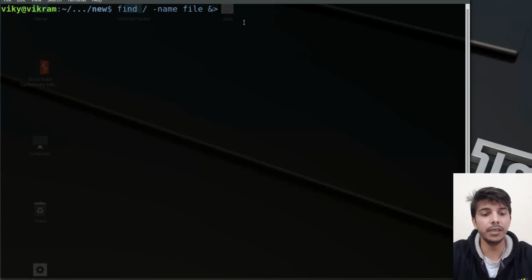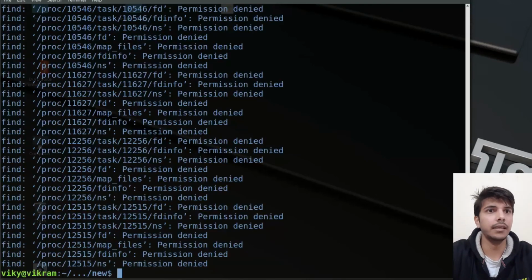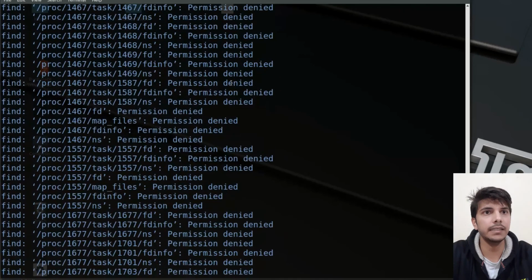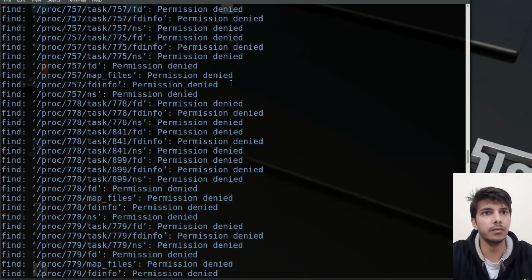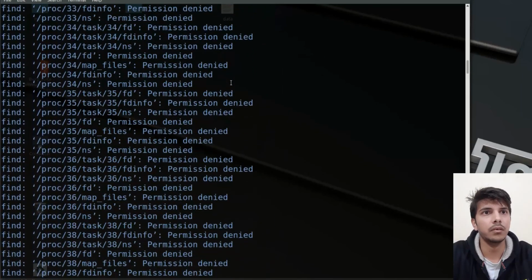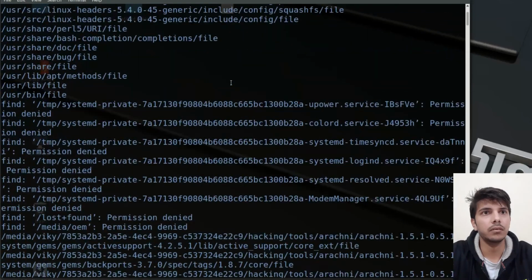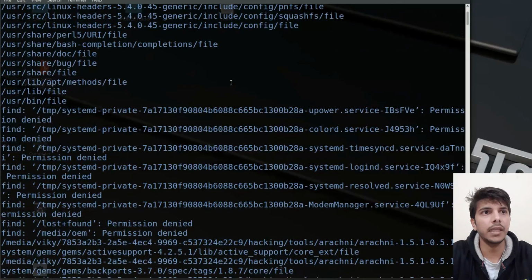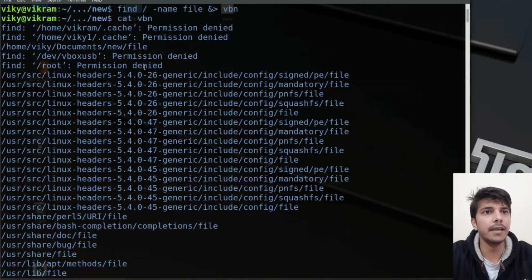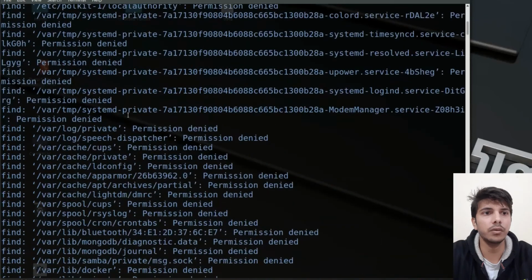Let me give the file name as vbn. Now the output for standard error and standard output is getting sent. If I write cat vbn, you will see the permission denied errors showing up, and if I scroll to the top, you will see the files which have been found are also showing in the same file.